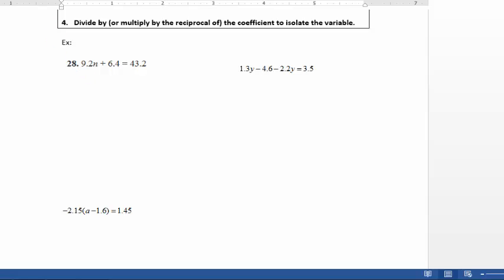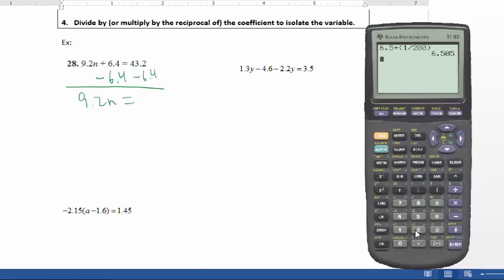So this first one here, 28, this is just your basic two-stepper, right? Here's your variable. What are you doing? You're adding and you're multiplying. So to undo that, you got to subtract. So we subtract 6.4 on both sides. So we have 9.2n equals 43.2 minus 6.4. That's what we have a calculator for, right? 43.2 minus 6.4, 36.8,